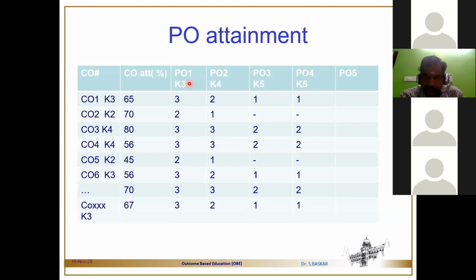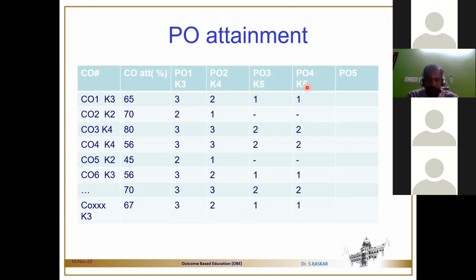The second PO is related to analysis, problem analysis, that is K4 level. Therefore, if you see that, I have marked levels for each and every PO: K3, K4, K5, K5. It is fixed throughout the world. We are making some approximation, but a meaningful approximation. If you are not mapping it to some level, then it will be very confusing. Therefore, the first step is each PO is marked with the corresponding knowledge levels. Once it is marked, then by using Bloom's taxonomy, we are able to do the correlation